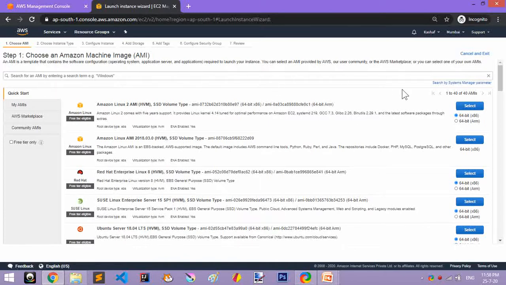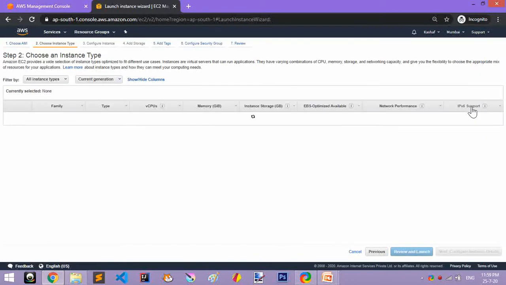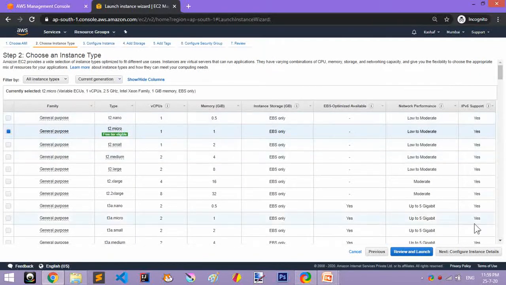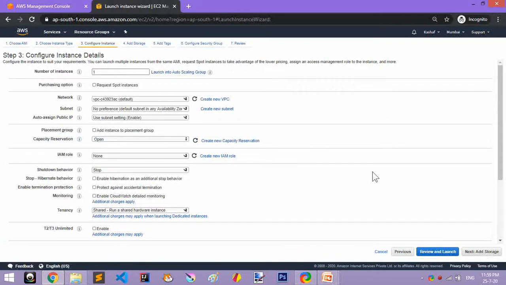I will select the Amazon Linux 2 instance. I will select the t2.micro instance, and I will click next. Here, in number 3, Configure Instance, you can select your AZ. You can see ap-south-1 is the code for my Mumbai region.